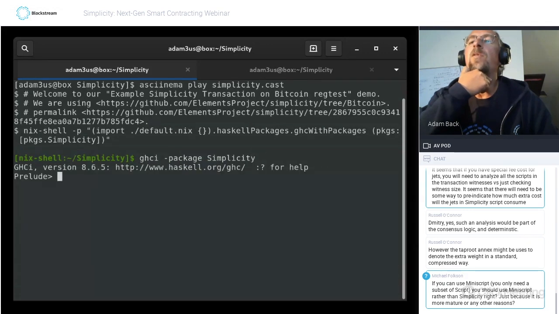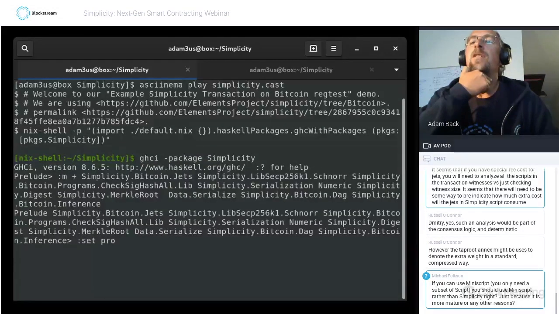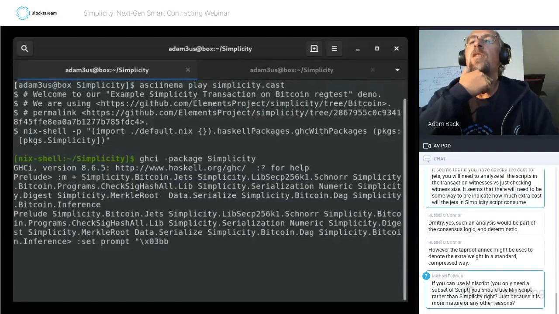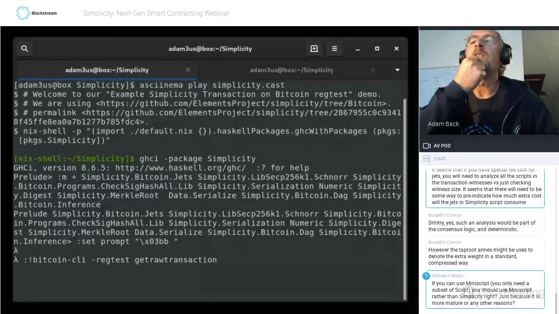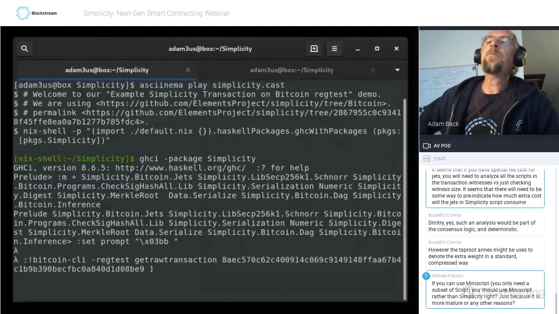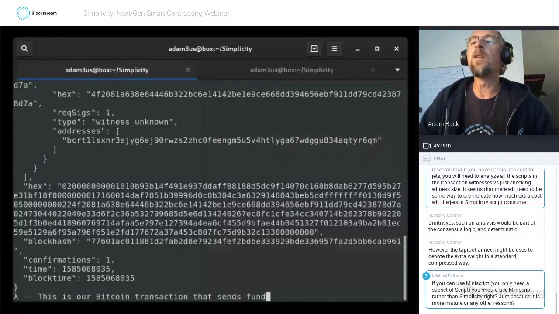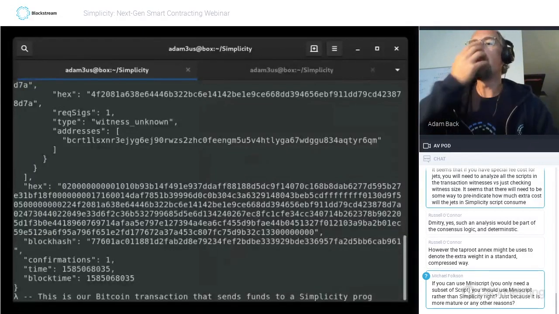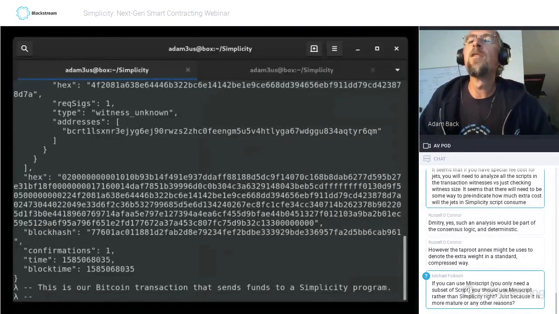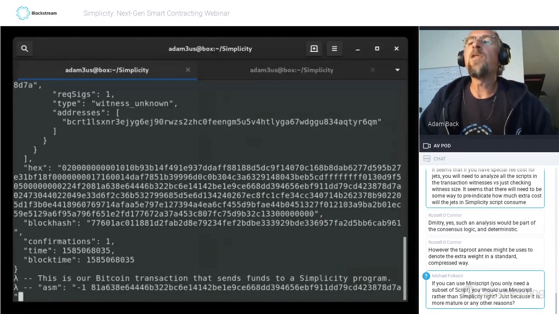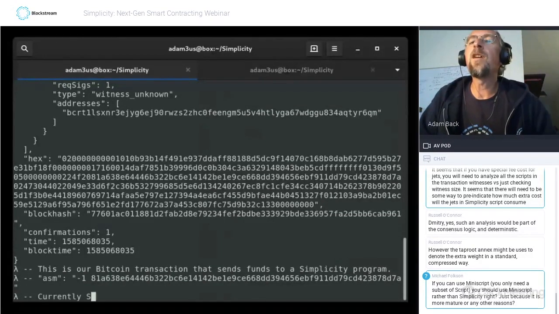So he's starting up the Haskell toolkit and interpreter, loading the simplicity package. And here you can see he's calling a Bitcoin raw transaction. So the exclamation mark syntax was calling a shell script, like a command line from within the Haskell interpreter. And so this is the Bitcoin transaction, and the hash at the end there is a kind of P2SH of